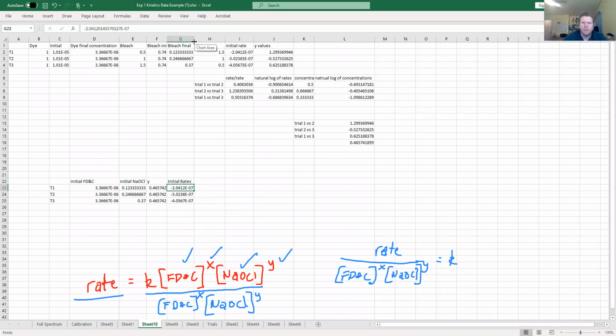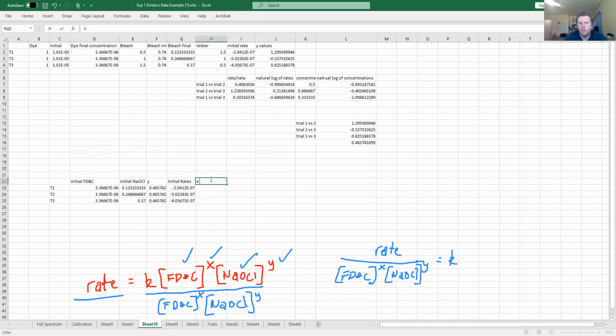Okay, now my K values, K equals question mark. I'm going to set all of this up as an equation in Excel. So this is equal to my rate divided by